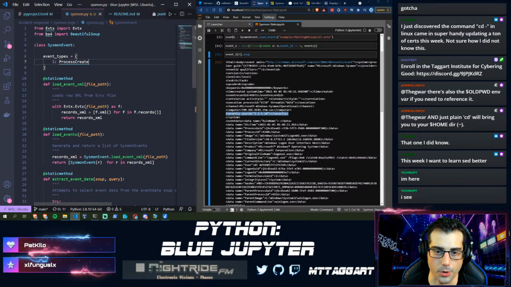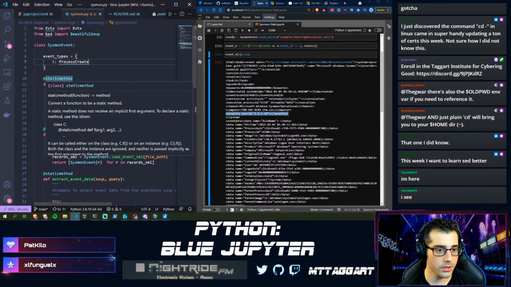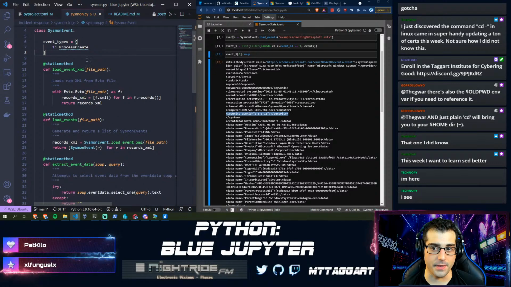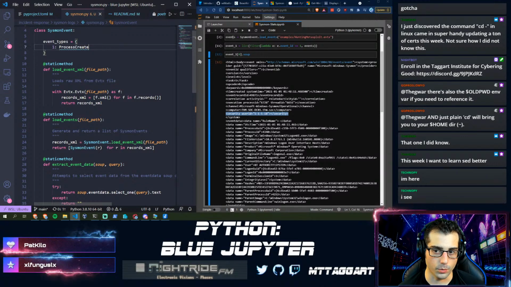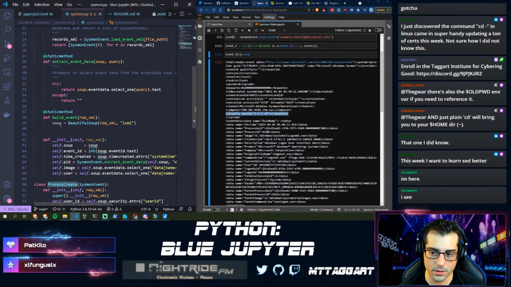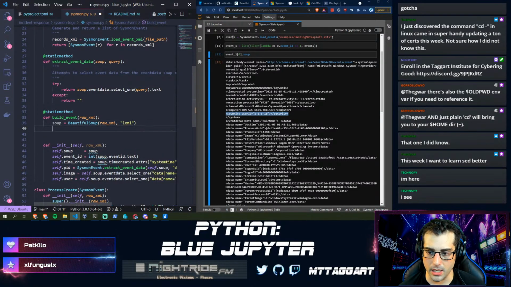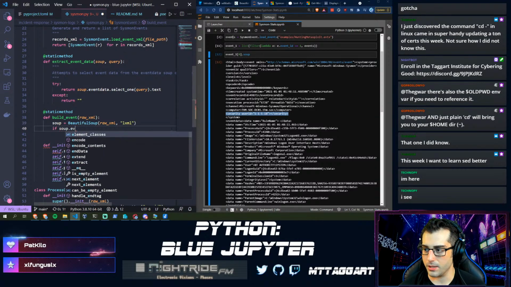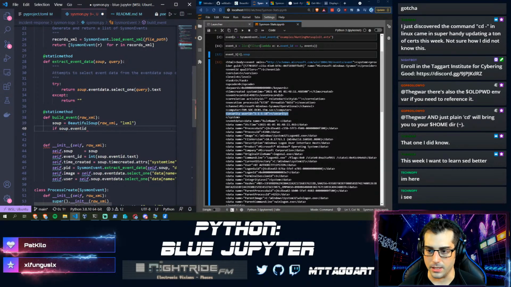What we're going to do is create a really clever conditional to conditionally build the right kind of sysmon event. So we're creating a dictionary here where event ID 1 is process create, and then we can make others, but for now we're just going to do process create. And so in our build event, we're going to say if soup dot event ID